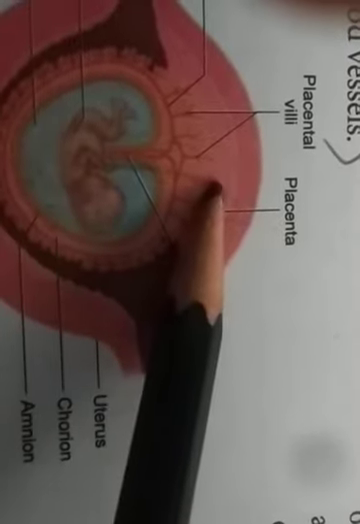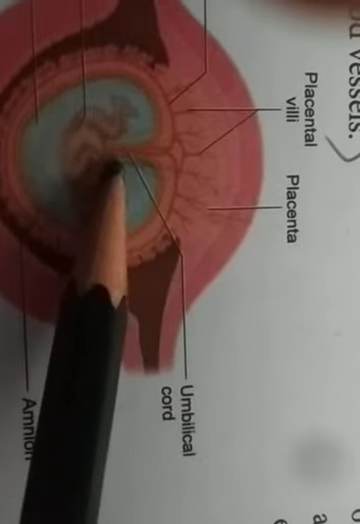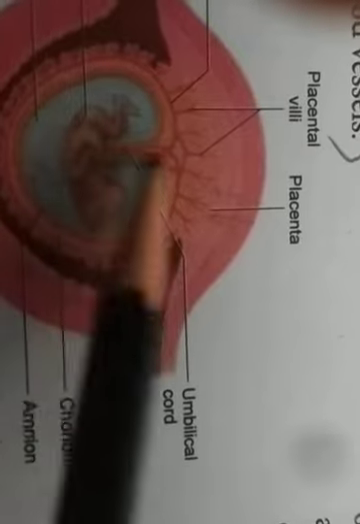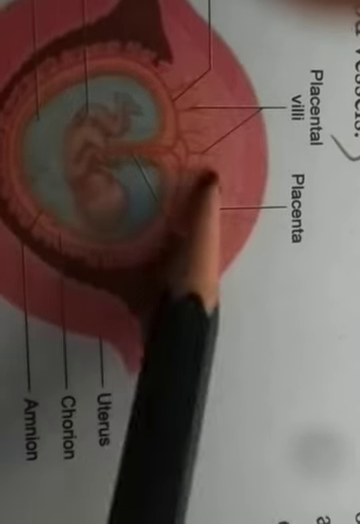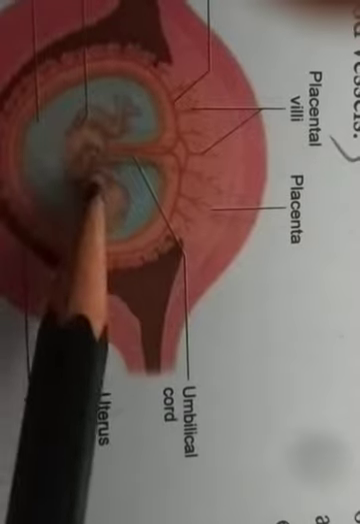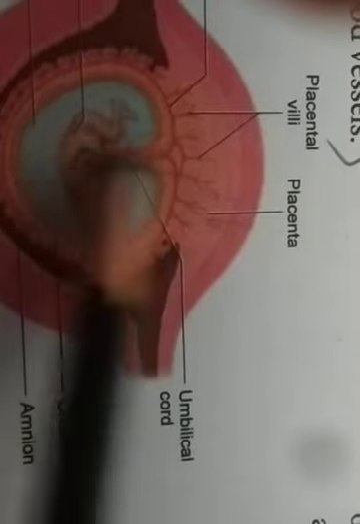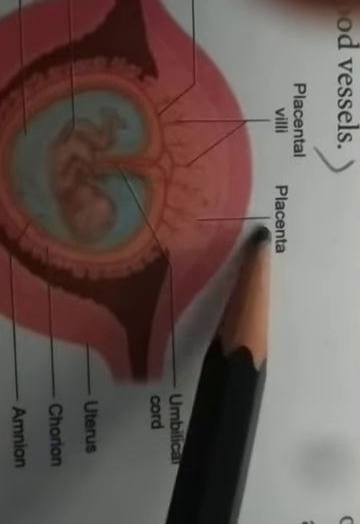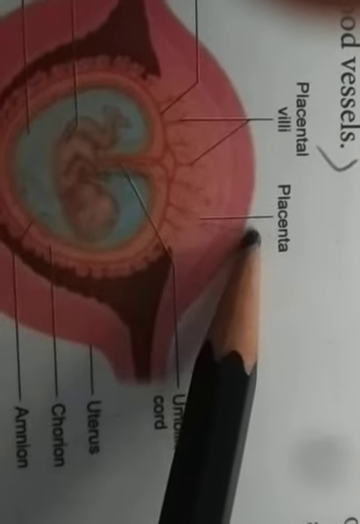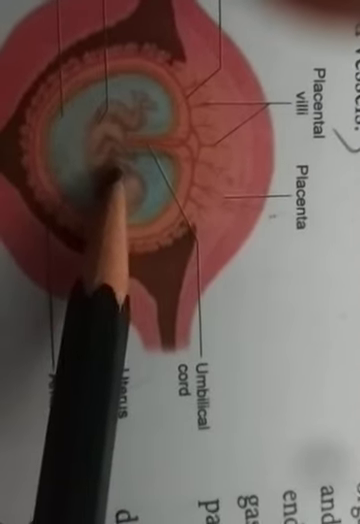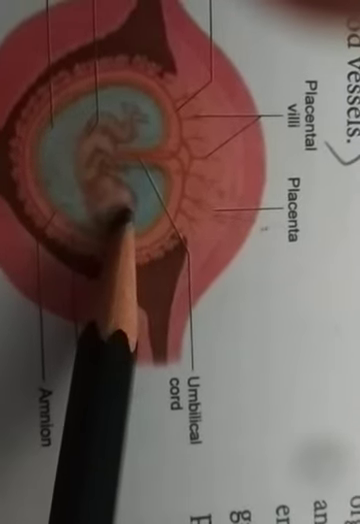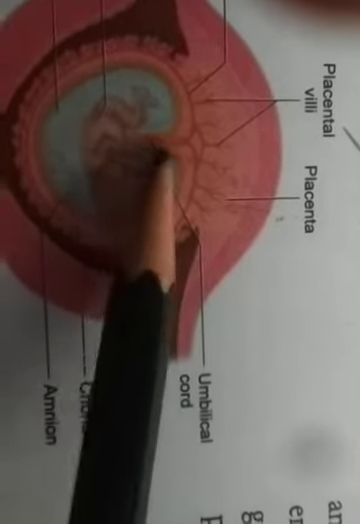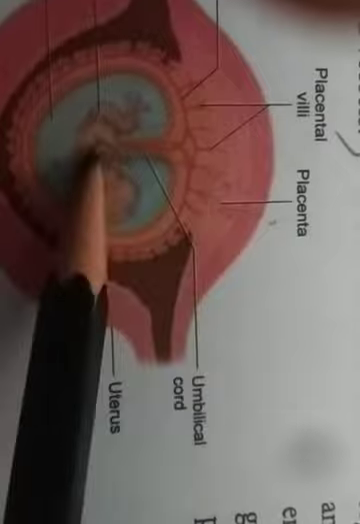With the help of this placenta, the fetus gets the nutrition it needs. In respiration, the exchange of gases occurs. Then in excretion, the fetus releases waste, and that waste also enters the placenta. These functions fully occur with the help of the placenta. Then the embryo's heart develops during the 4th week of pregnancy and circulates the blood through the umbilical cord and the placenta.